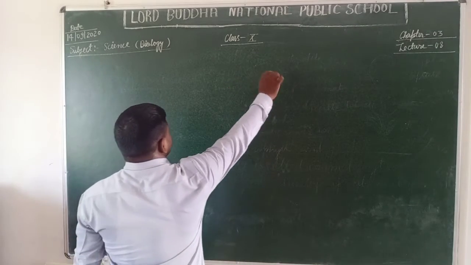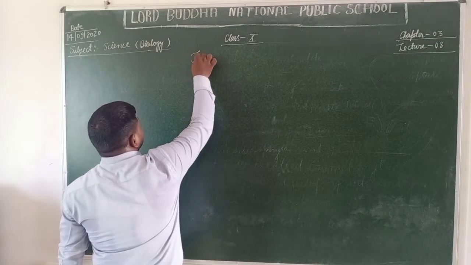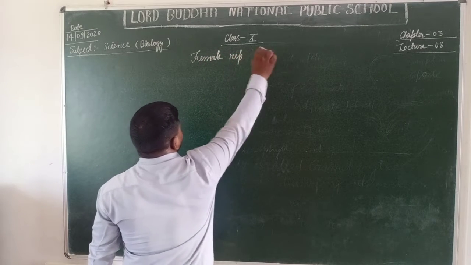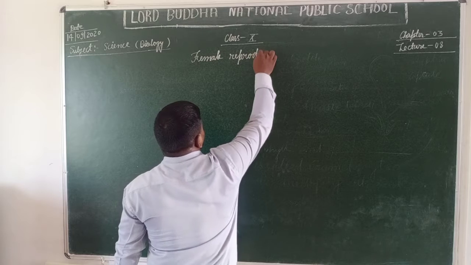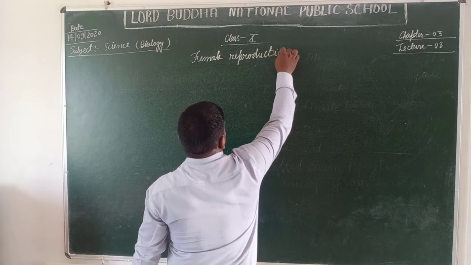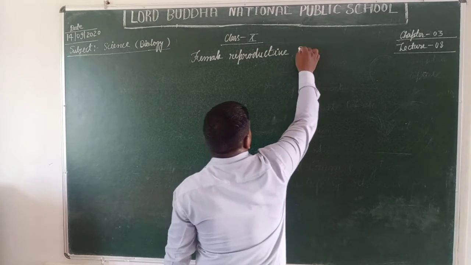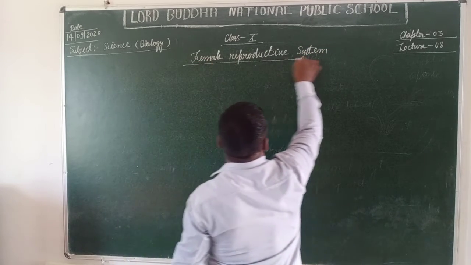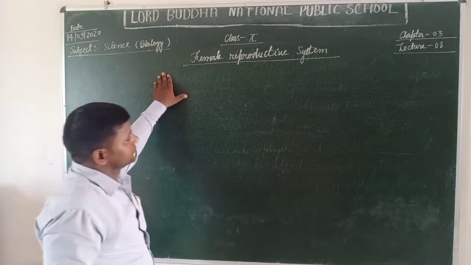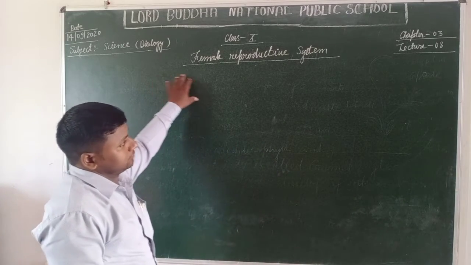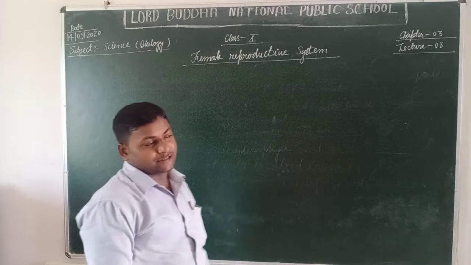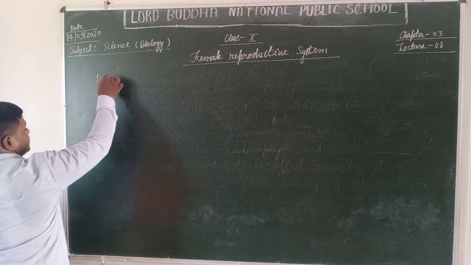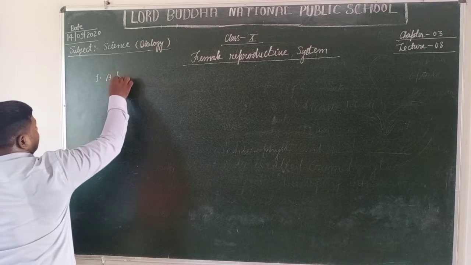So students, female reproductive system. Students, the female reproductive system mainly consists of the following organs: a pair of